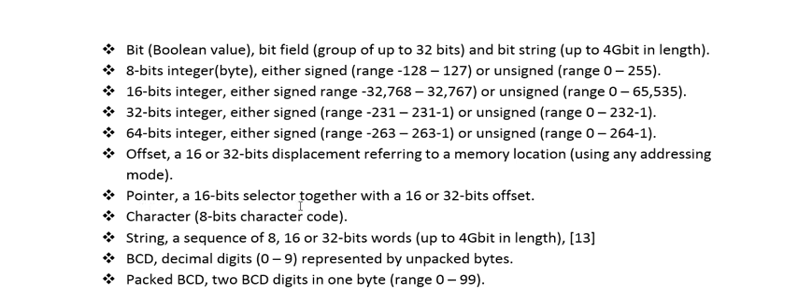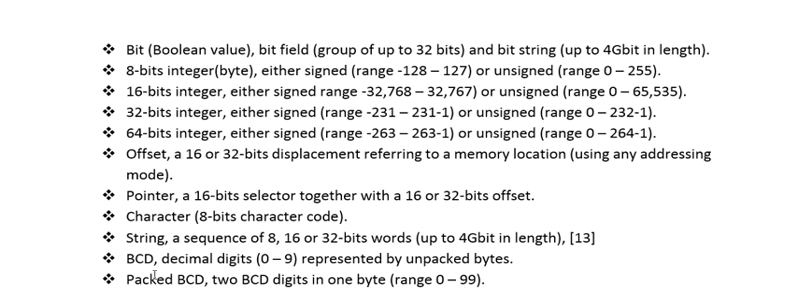Pointer: a 16-bit selector together with a 16 or 32-bit offset. A pointer is something which points toward a specific memory location. So it can be seen as a 16-bit selector which operates together with a 16 or 32-bit offset address. Character: 8-bit character code. String: a sequence of 8, 16 or 32-bit words up to 4 GB in length,